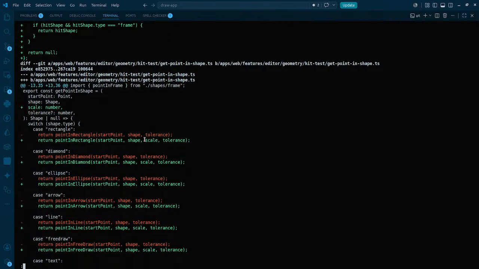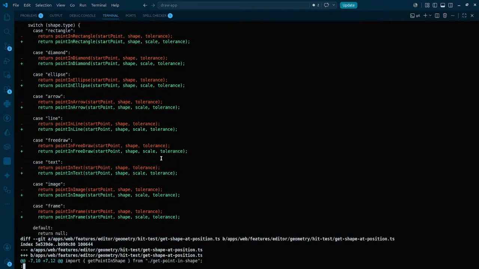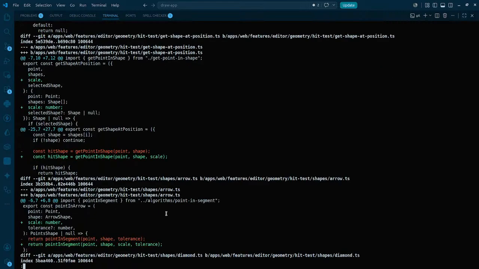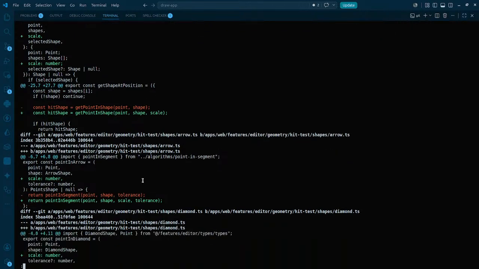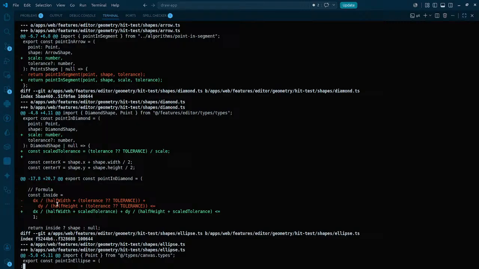And we started passing the point in rectangle, so ultimately we are passing the scale as well. Right now scale is being passed. When scale is being passed, point in segment accepts the scale. When it accepts the scale, so point in segments, I pass this, and inside that, inside this